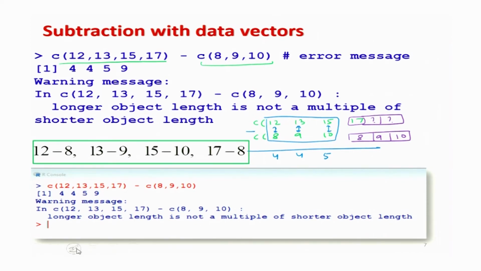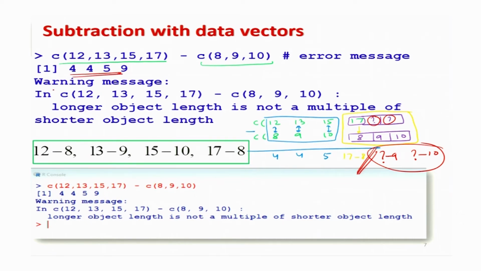So, now in the second step this block is going to be operated, but only the first available value, which is here 17 minus 8, will be operated, but now there are no values here and here. So, this will be something like question mark minus 9 and question mark minus 10. So, R does not know what to do with this thing. So, it will stop here at this place itself and it will give you a value here 4, 4, 5, 9,